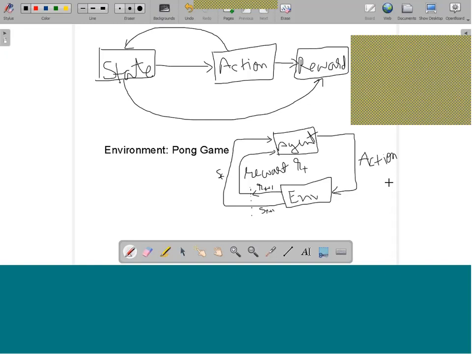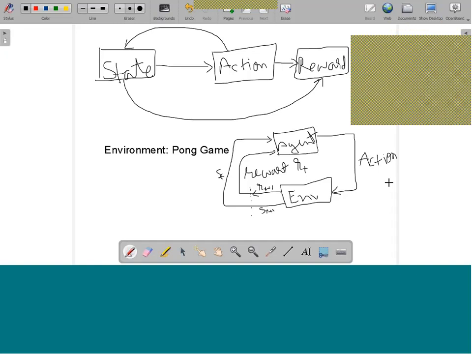Anyone have any doubt regarding this? Then tell me. See, it is up to you how much time you have to play the game. If you want to end the game, you can end it. You can define the duration also, like 10 minutes, 20 minutes. Whatever you want, you can define the duration of the game.